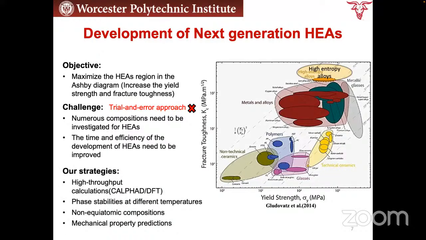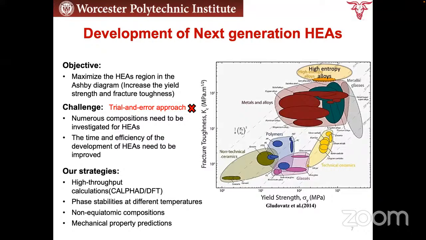Because one group cannot do everything. What we do is we do these high throughput calculations. So this first principle calculations is here, right? ChatGPT actually predicted that. And then we work on the phase stability, and we need to work on mechanical property. So for this high entropy alloy, people typically only work on some specific compositions, some very special compositions.